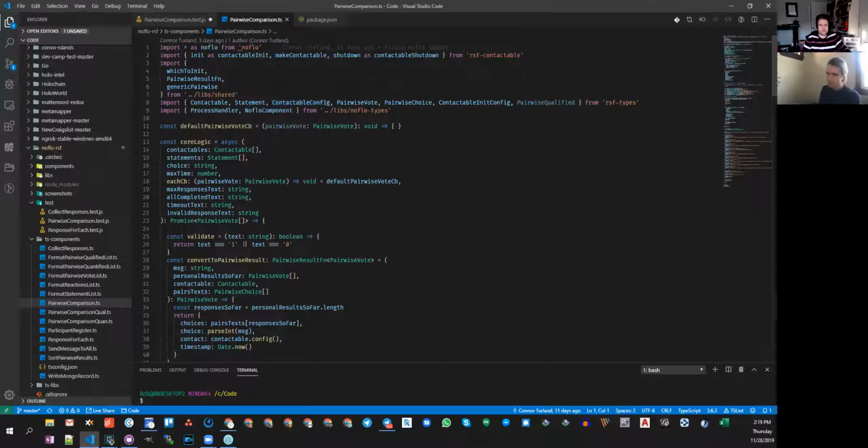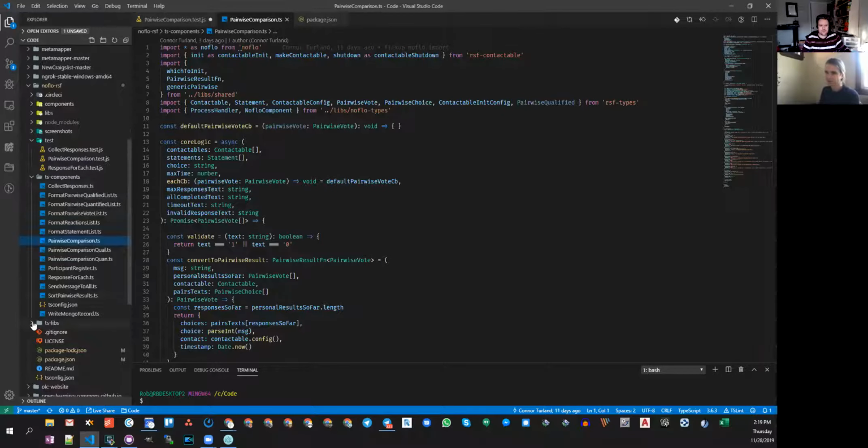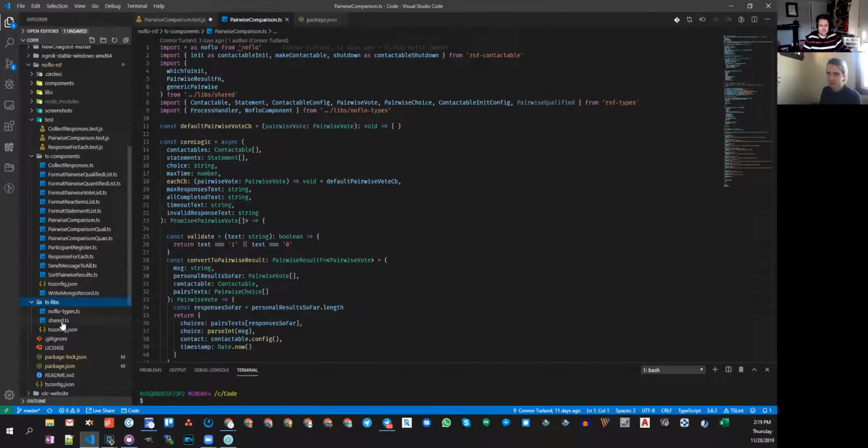But also the other file that this one pulls in is the generic pairwise function from the libs folder, or the tslibs folder, under shared.